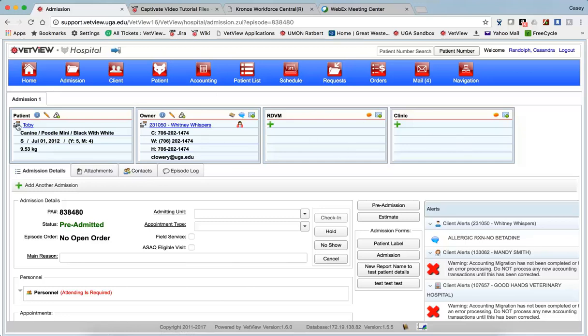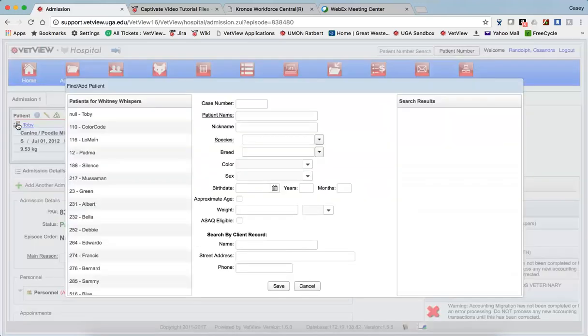If that's not the same Toby, and yes, we do have those clients from time to time, as you can imagine, that for whatever reason either have more than one pet named the same thing, or the pet's deceased and they have a new pet and they name the new pet the same name. For whatever reason you need to change it, there's a simple change option on each of these cards that allows you to change the patient or the client, etc. And then it takes you straight back to the same screen,